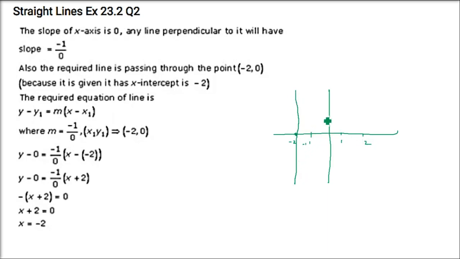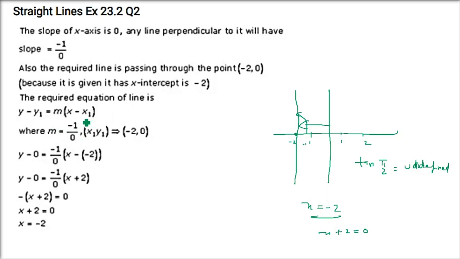Parallel to y-axis, right? So now the distance from the y-axis, x equals minus 2. This is the equation, x plus 2 equals 0. So this is the final equation. Now let us explain it more. If you want to find out the slope, this will be 90 degrees from positive x-axis. So tan pi by 2 is going to be undefined, that is divided by 0. Tan pi by 2 is undefined.